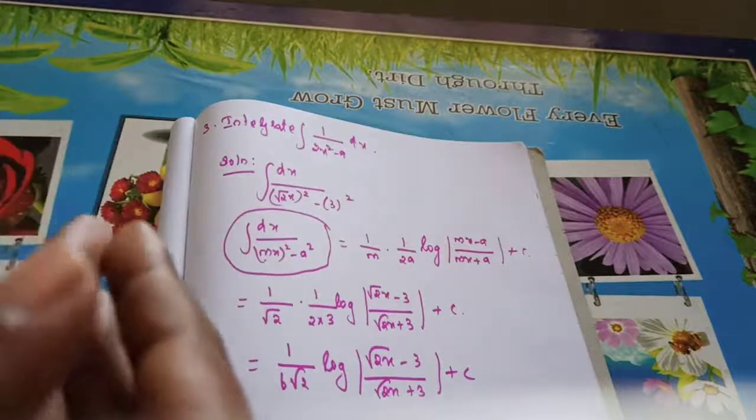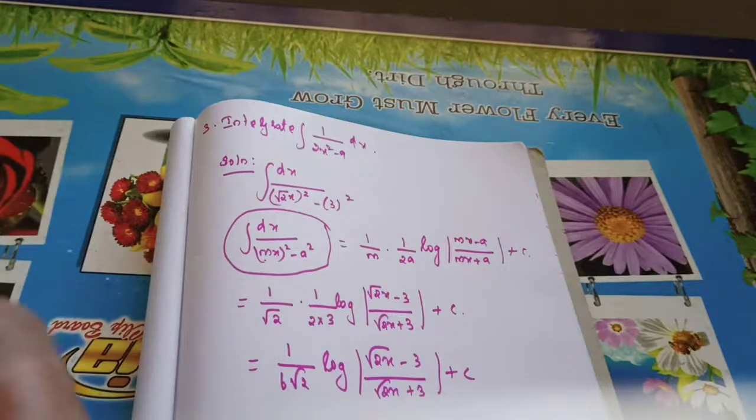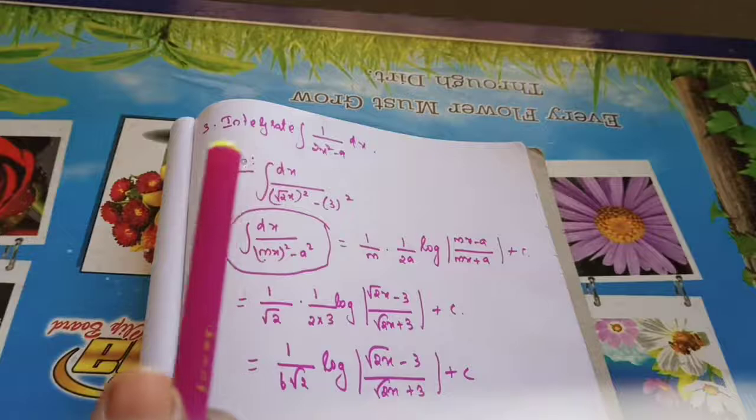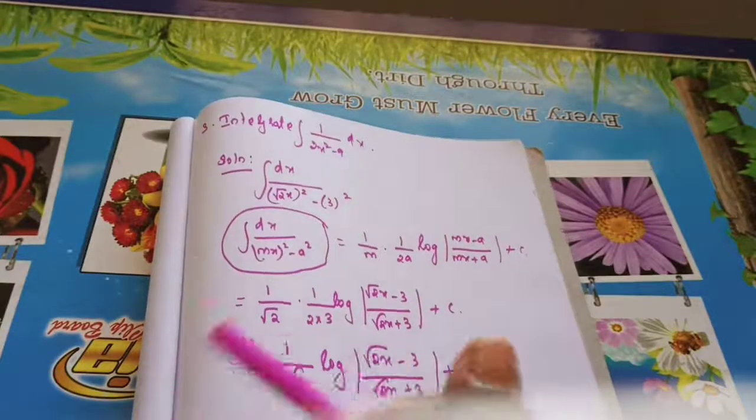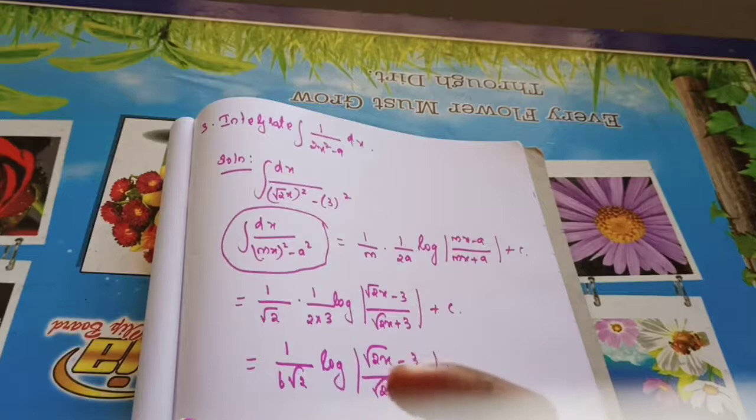Please go through that. They have given everything there, so keep it in mind. When x has some coefficient and you are substituting in the formula, there is only one difference: outside you need to divide by the coefficient of x. Got it? These are the problems they may ask in 2 mark questions. So formulas are very, very important.